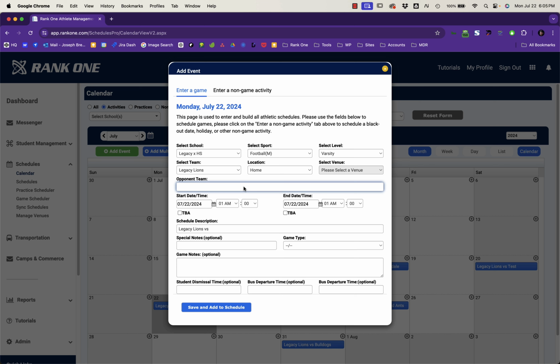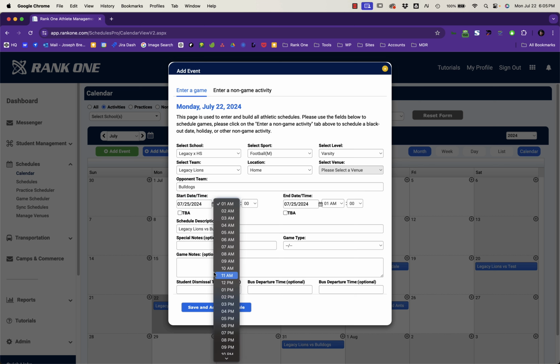I'm going to note my opponent team as the Bulldogs. I'm going to set the start date for the 25th, and I'm going to say that we're going to start around 5 p.m. Now you'll notice that a couple of things happened. When I input my opponent team, my schedule description automatically changed to include the opponent team in the name. This is so that it easily generates the description for you and you don't have to custom type it unless